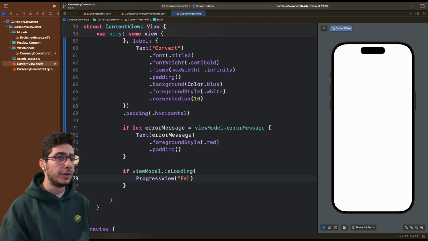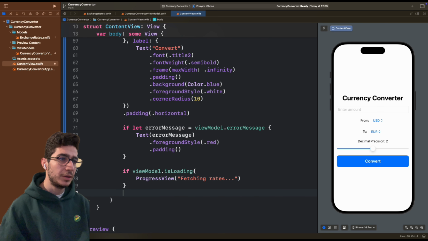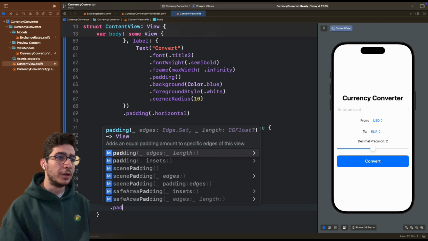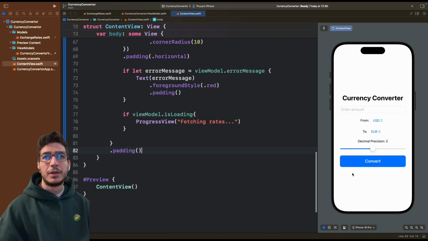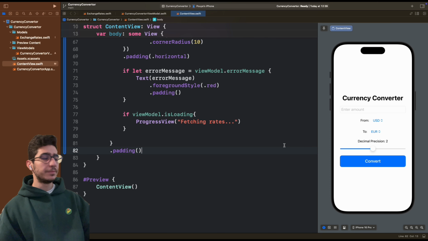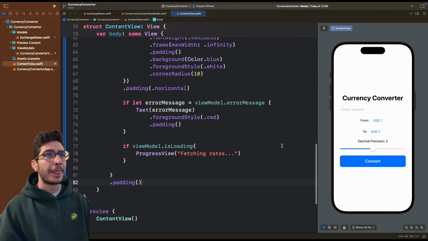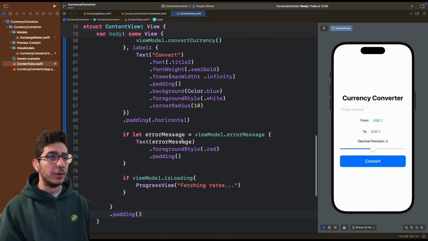here, and we fetch rates. So this is good. And here we have the padding for it. So we have it, I think. Yep. So here